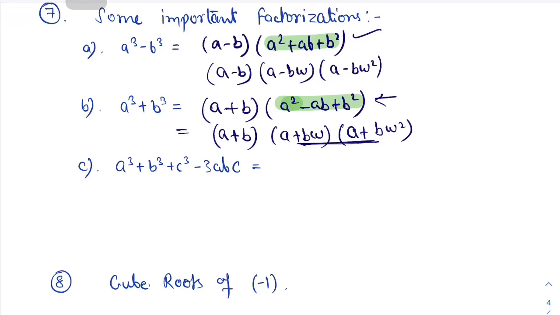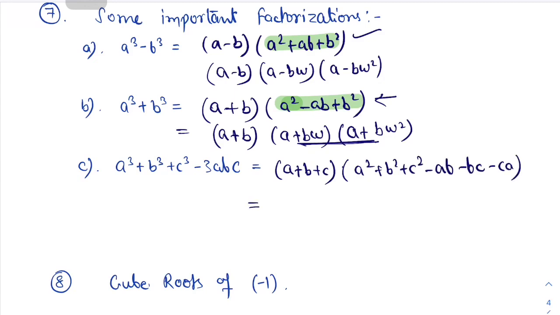Okay, third one is a cube plus b cube plus c cube minus 3abc. Okay, so this is (a plus b plus c) into (a square plus b square plus c square minus ab minus bc minus ca). Okay, again, if we are required to further factorize this quadratic into some linear factors, we can factorize it as